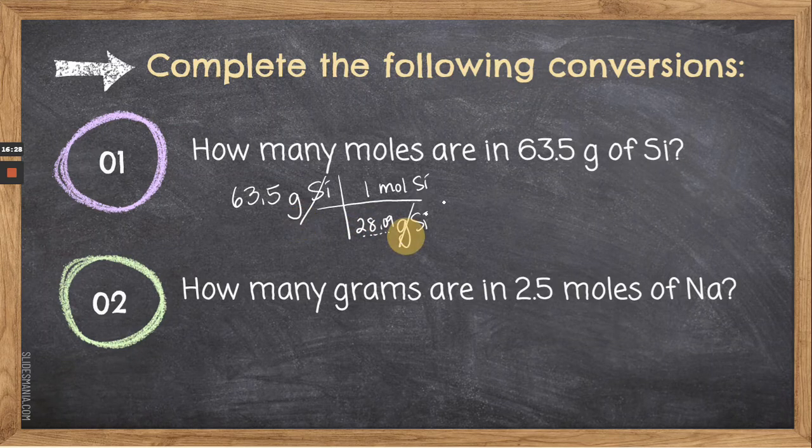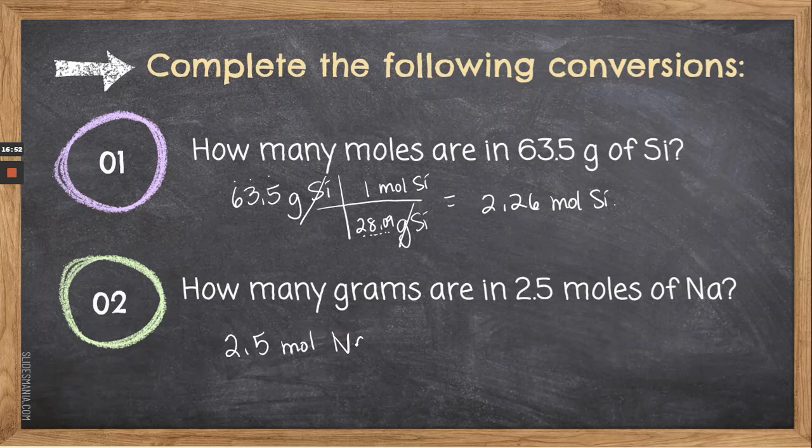Remember that this number comes from the periodic table, which it looks like this is 28.09. Okay, just like that. So we need to be able to very easily, without much fanfare, change between grams and moles. And this should have 1, 2, 3 sig figs. So I'm going to call this 2.26 moles of silicon. Going the other direction,